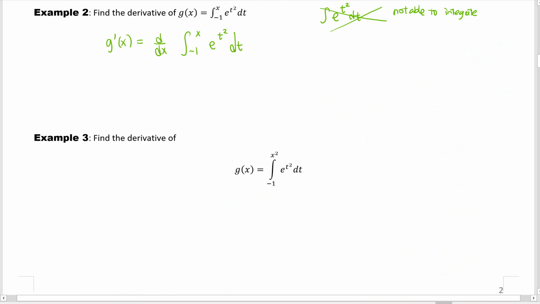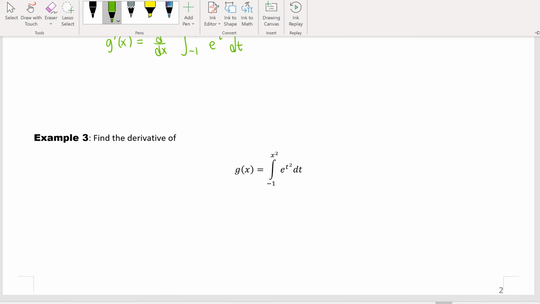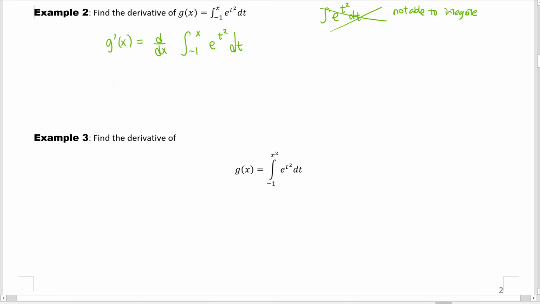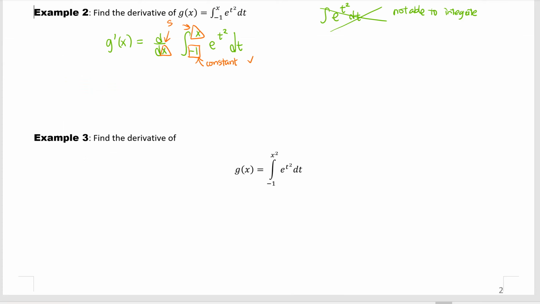Okay, let's check that. So here, let's make it so colorful. Okay, so is the lower limit of integration constant? Yes. Is this guy and this guy the same? Yes. Then by the fundamental theorem